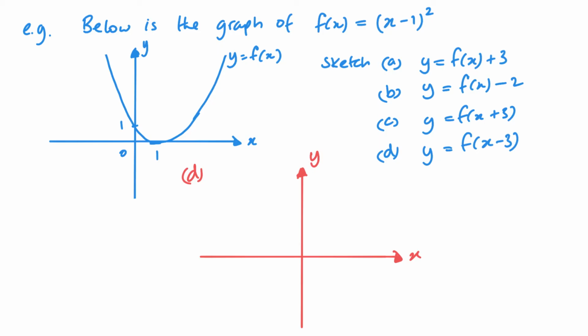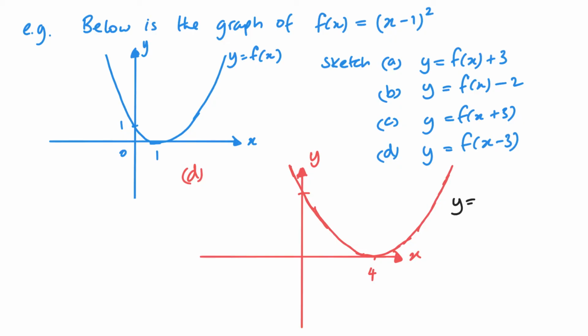So that means instead of hitting at 1, I'm now going to hit at 4 on the x-axis. And again, it's just about getting the shape of your graph right. It doesn't have to be perfect. And again, as I said in the previous quick part, I can work out where it hits that axis